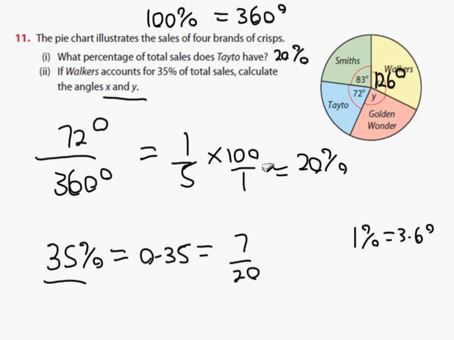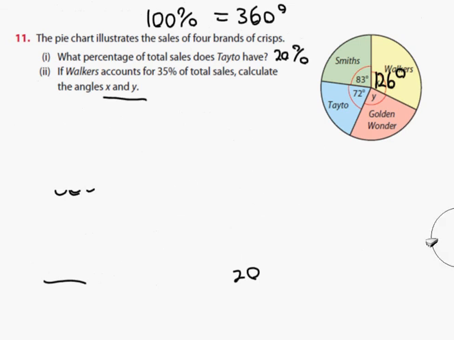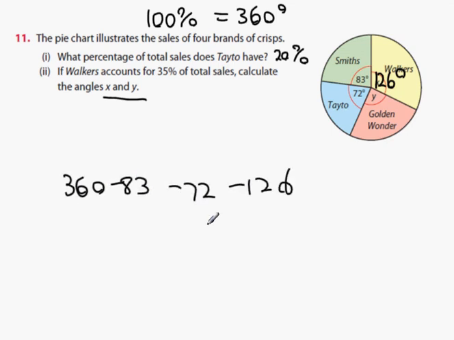What is the angle for Golden Wonder then? Can anybody tell me Golden Wonder? 360, take away the rest of those angles. 360 minus your 72 minus your 126, and what do we get? Anybody? 79 degrees. Okay guys, in class now, I'd like you to do